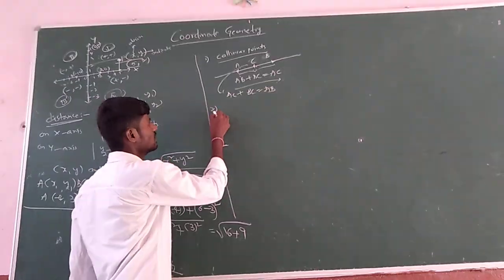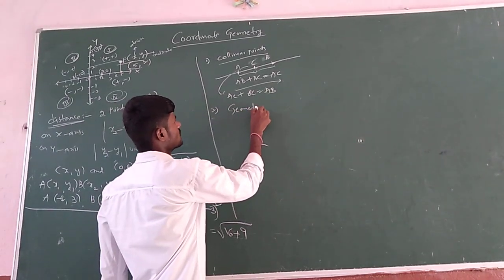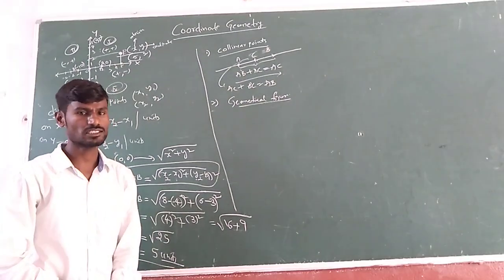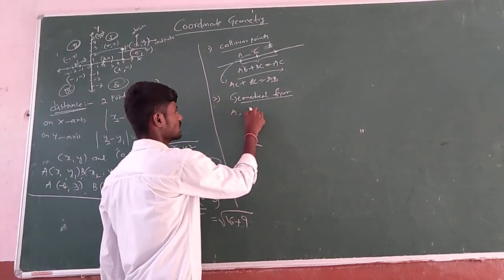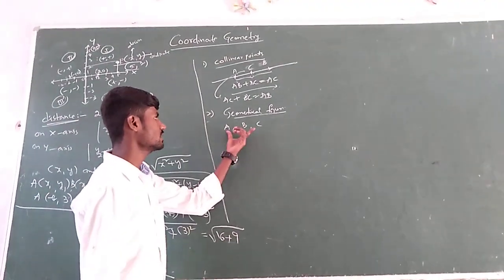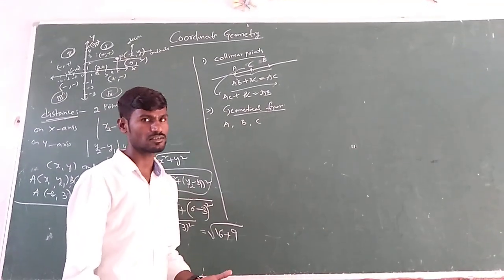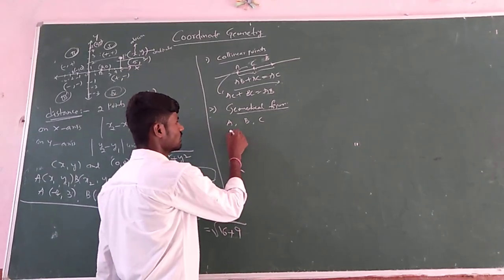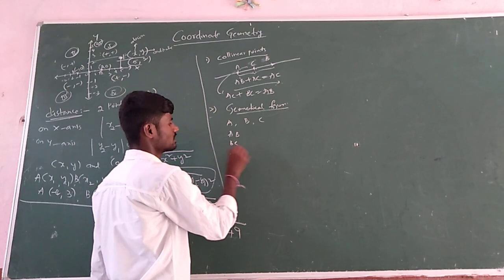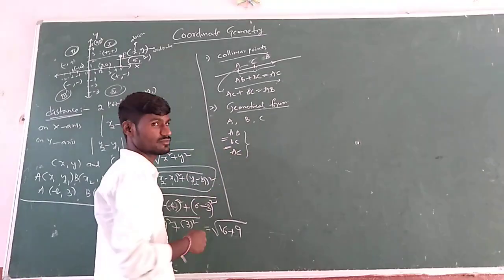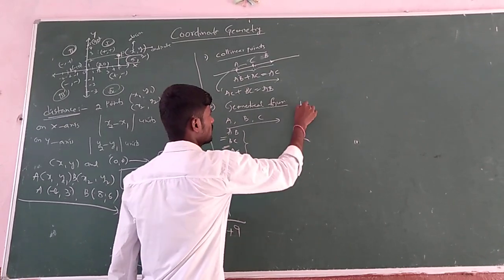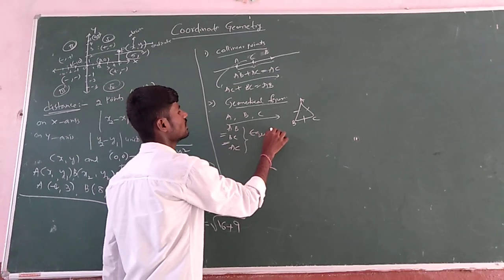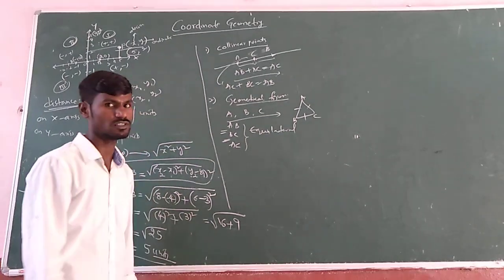That is one. Another one is the geometrical figure. Based upon distance, they will ask about geometrical figures, where they give 3 or 4 vertices. Suppose they give 3 points A, B, C. Then they will ask whether the given points A, B, C form a triangle or not, and if they form a triangle, which type of triangle. Suppose I find the distances AB, BC and AC. If all these 3 are equal, which type of triangle is it? Equilateral. We can say an equilateral triangle is formed.